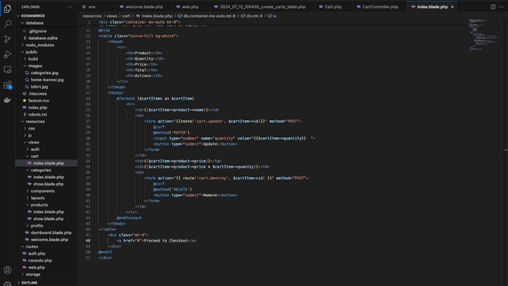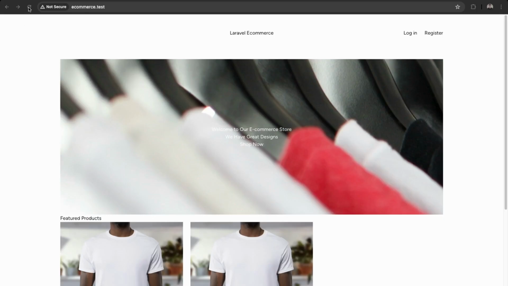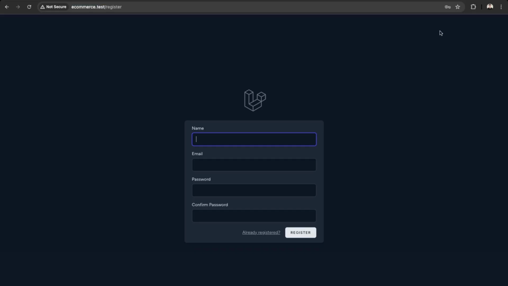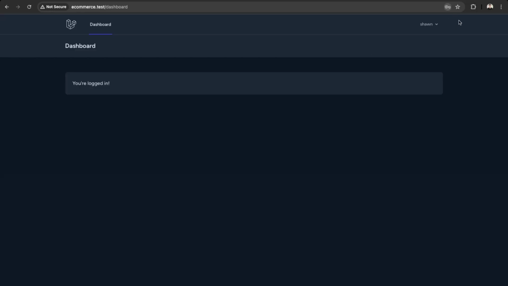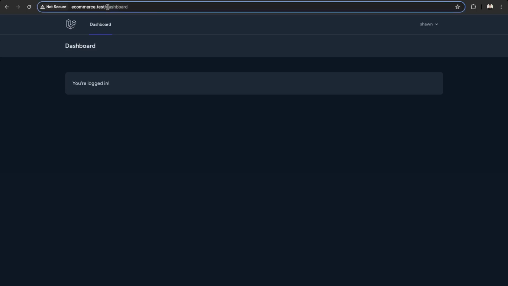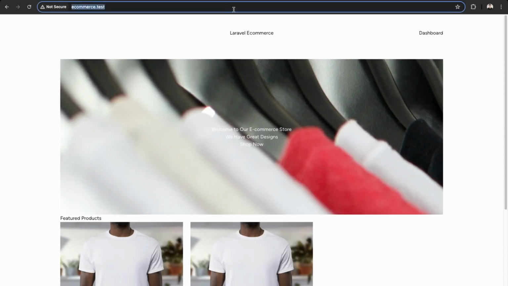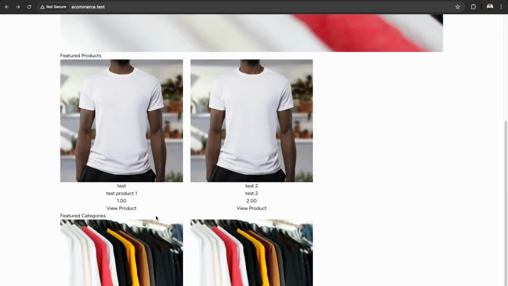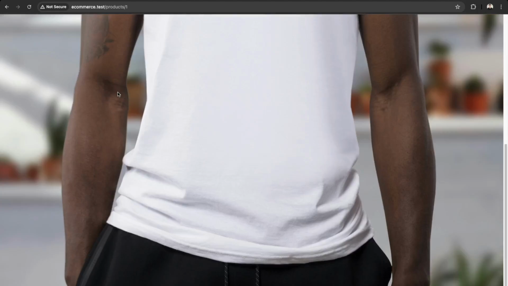Okay, so open up the website and refresh. Okay, let me just go into cart. Just create an account here. Okay, great. So now I'm logged in. So now I can go back to the home page. Okay, and then I'll go into cart. Awesome. So our shopping cart is here. So we'll just have to add the cart button to our products here in order to add it to the